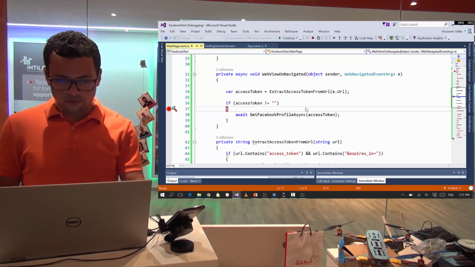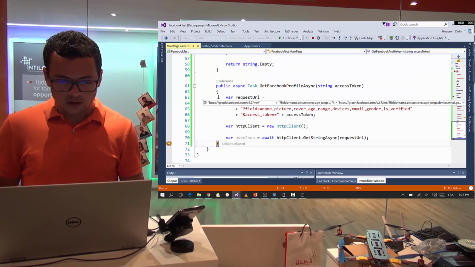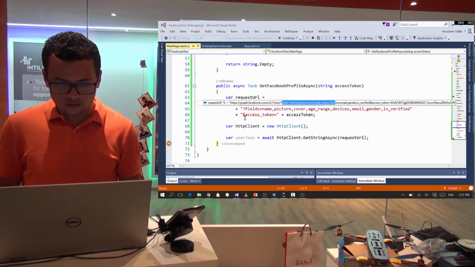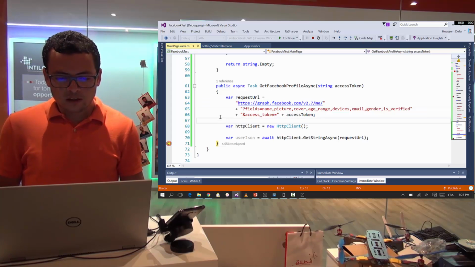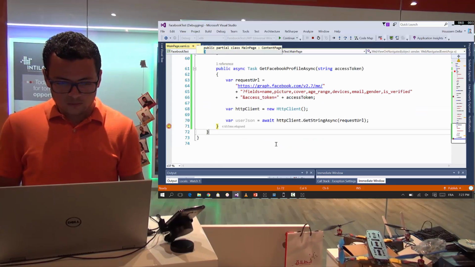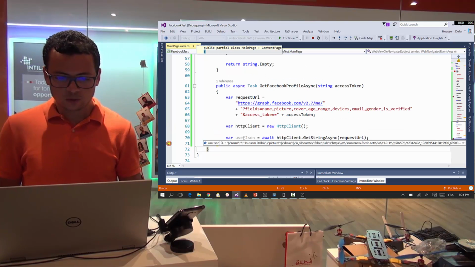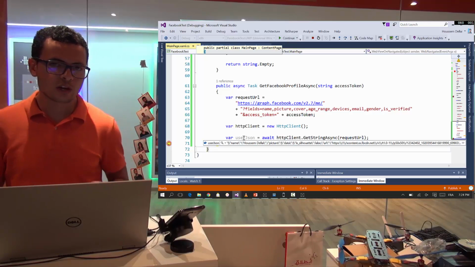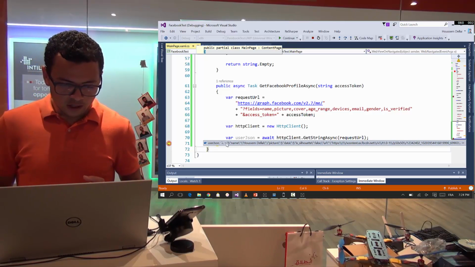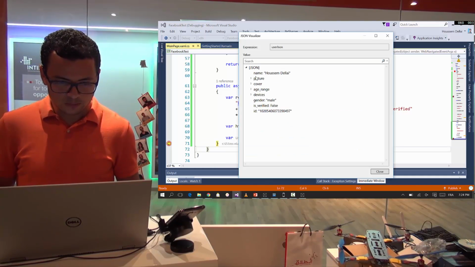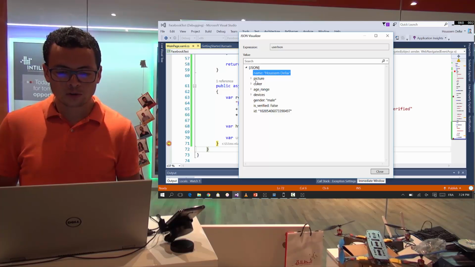So if I go to step 5, then here it composes the new request URL which contains the access token and the requested fields here. Then it gets back the response, which is a JSON file. So here you see after executing the response, here of course I'm using the HTTP client library, and now I'm getting the JSON. If we take a look at that JSON, you see here I'm getting information about the name,